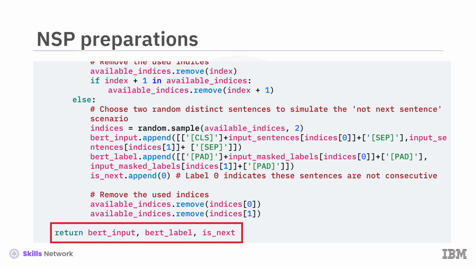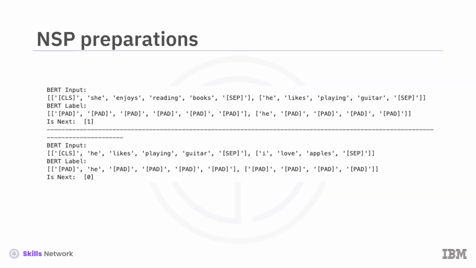Finally, the function returns the prepared lists for BERT's NSP task: the sentence pairs, the masked labels, and the isNext labels. Let's check a sample output. Special symbols, CLS and SEP, are first added to the input sentences. BERT label is created using the prepare for MLM function. In the first example, the second sentence follows the first sentence. Therefore, isNext is 1. In the second example, the second sentence does not follow the first sentence, so isNext is